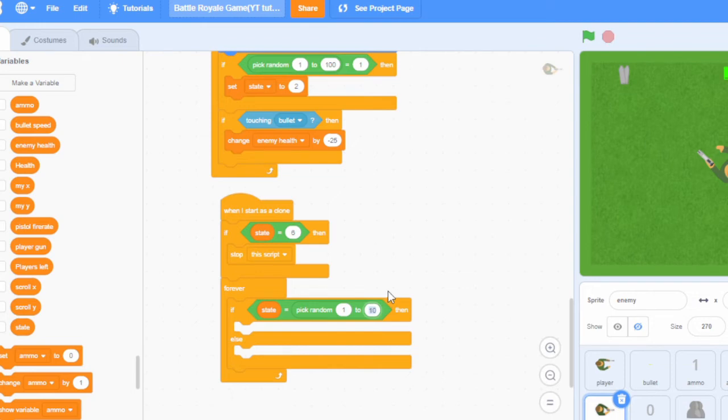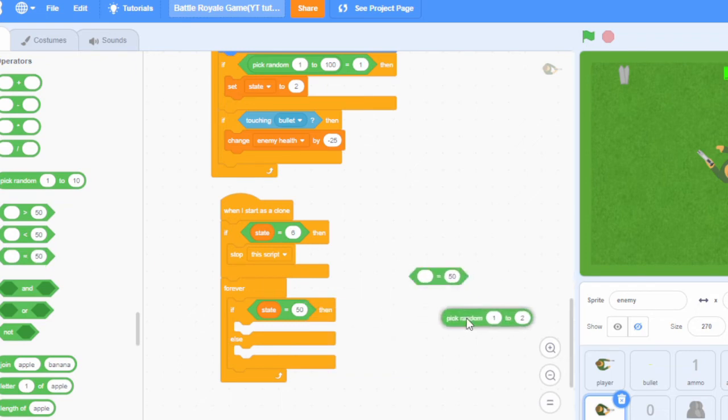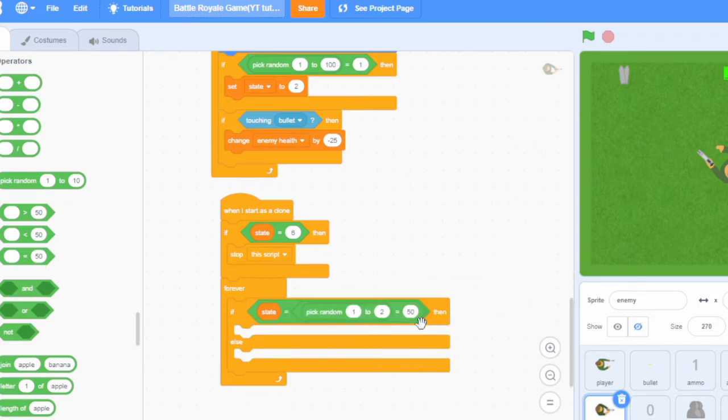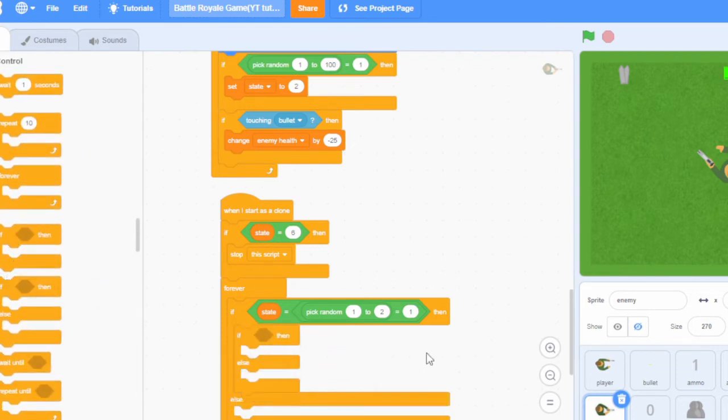Right, so pick random 1 to 2, and you actually want to get another equals because we have to put a value here, right? So 1 to 2 equals to 1. Okay, equals to 1. Then you want to get another if else and put it inside the top part of this if else. Okay, then all you want to do is just duplicate this,